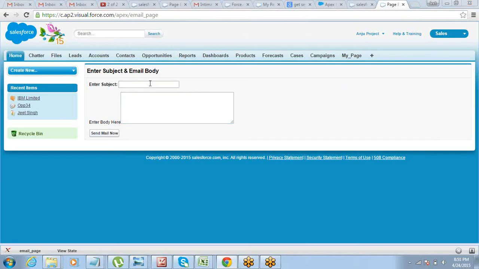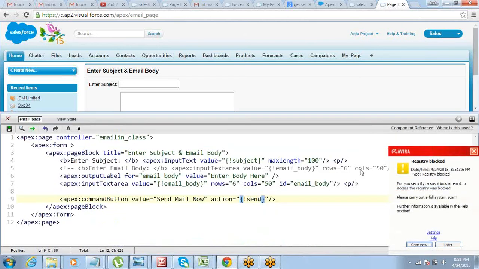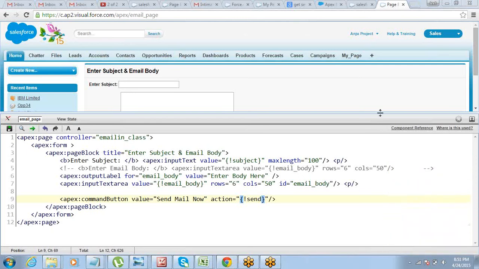So if I enter a subject line and email body and click on this button, then who will receive the email? We didn't mention the recipients.